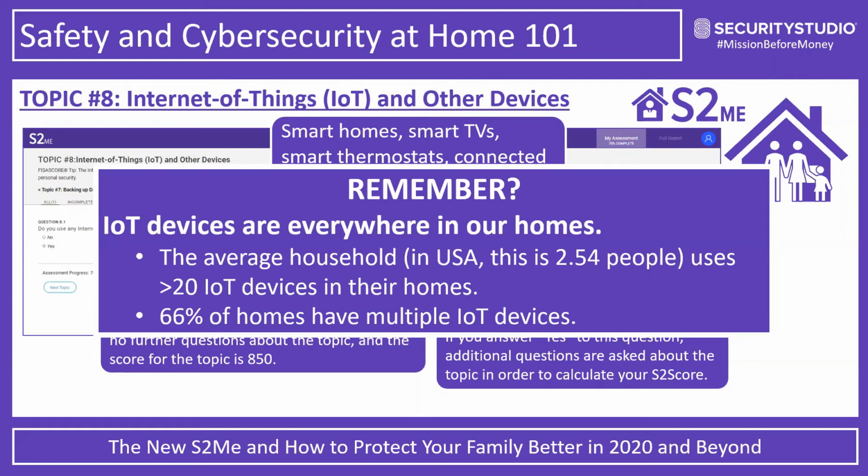Myself, I work very, very hard to limit the amount of smart devices in my home, but back to what I said before, I have a television that I couldn't opt out of having it be smart. So I've taken additional steps and measures to make sure it can't connect to the internet. But if you're not sure how to do that stuff, by default, those smart features may be turned on.